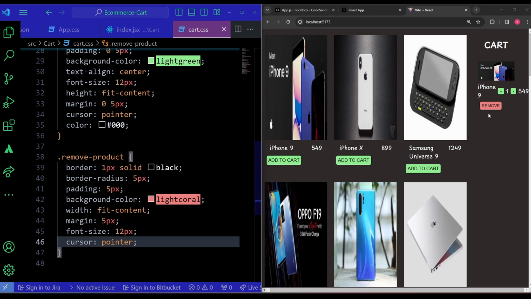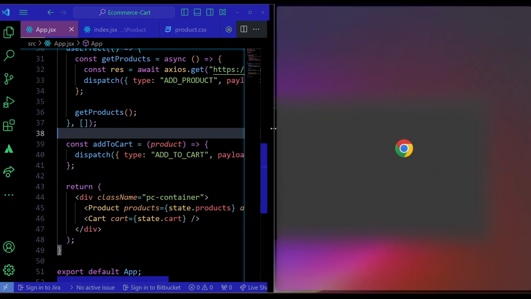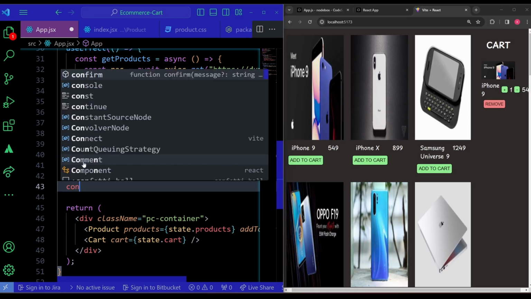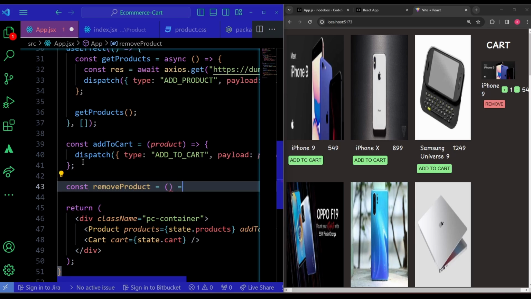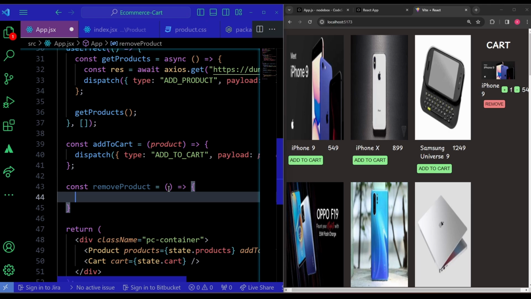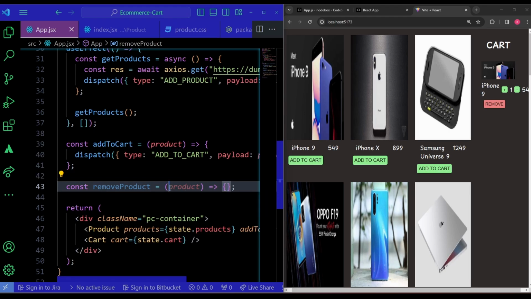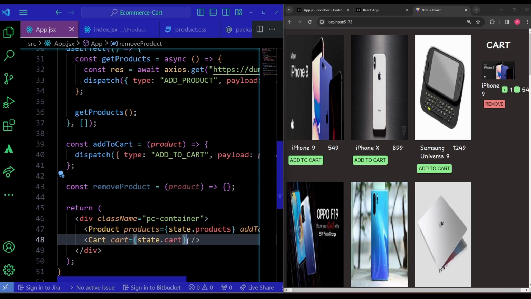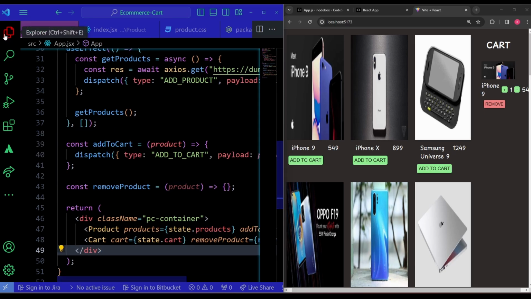Now after that, let's add the remaining functionalities for the increment, decrement, and remove button. So I'll first go to my app.jsx, then let's expand this a bit. Then over here I'll create another function named remove product. This will also be an arrow function, right? And this remove product will also receive the product as an argument. And we need this so that we can know which product we want to delete. And to receive that product, I'll pass that in the cart over here, remove product. And then I'll go to the cart